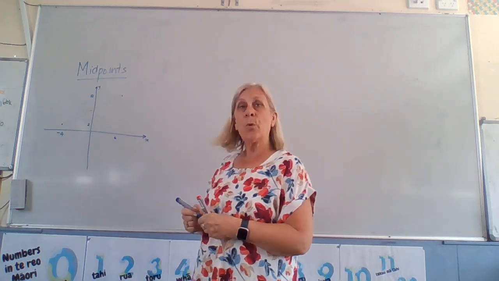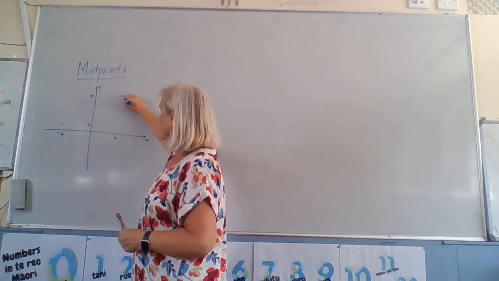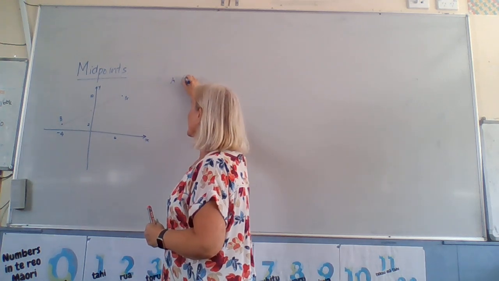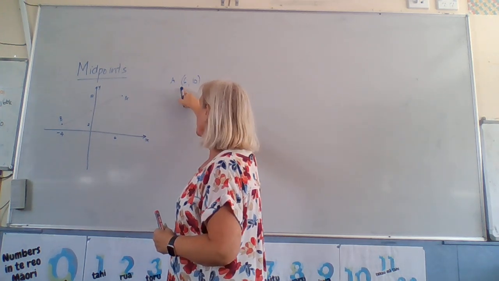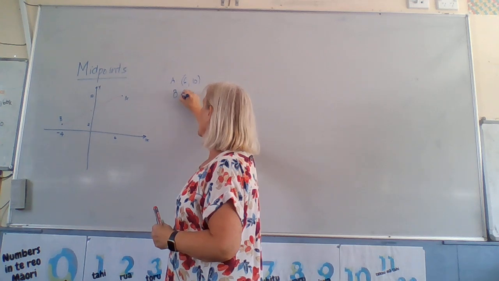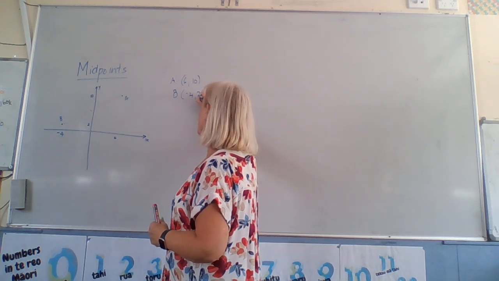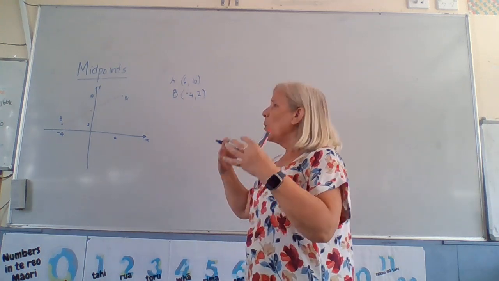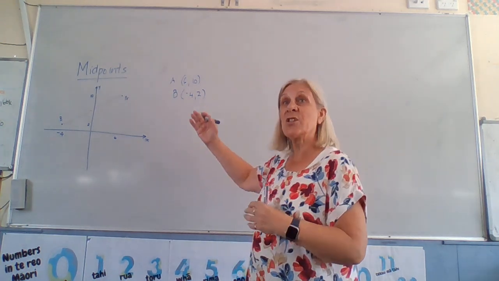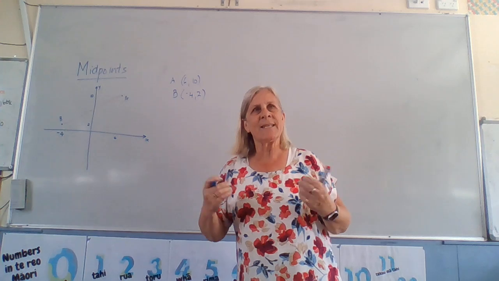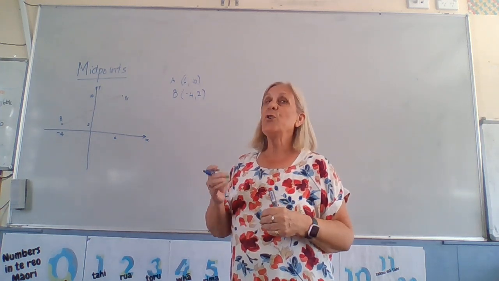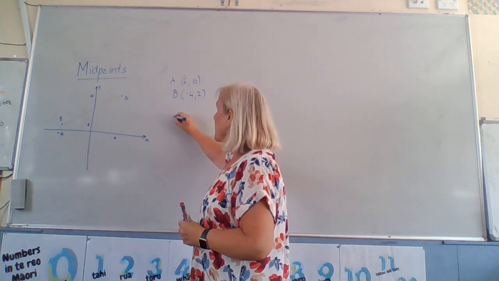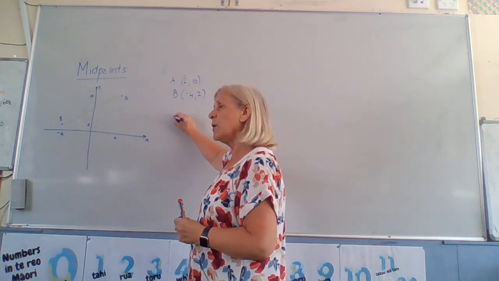So we've got 2 coordinates here, A and B. A was 6, 10, X first, then Y. B was negative 4, 2. Those are our coordinates, okay? We want to find halfway between them. We can just look, but the problem is in the assessment, to get the tick off, you need evidence. And the evidence is that for a midpoint, if you've got 2 coordinates,